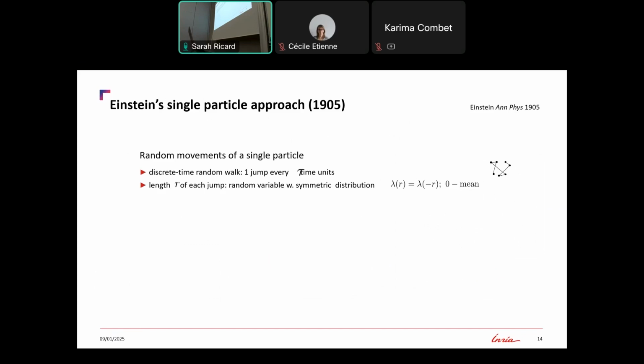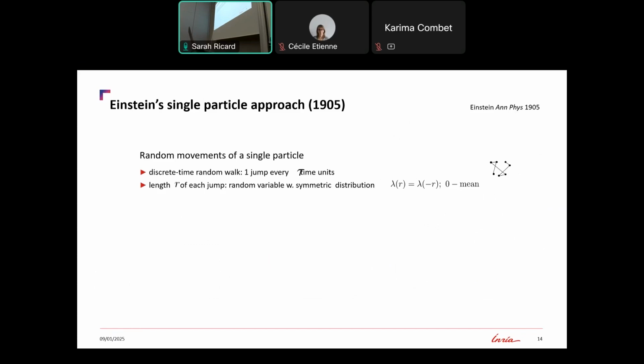And in fact, you will have to wait for 3 years for Langevin to correct that a bit. But at least it makes the calculation very simple. So the only other hypothesis that Einstein makes is that at each time my random walker walks, the jump